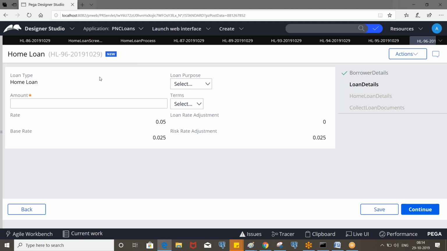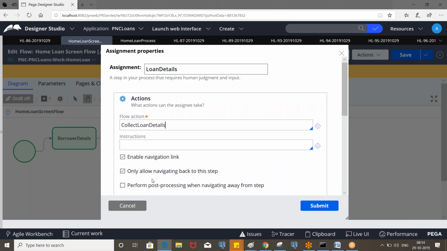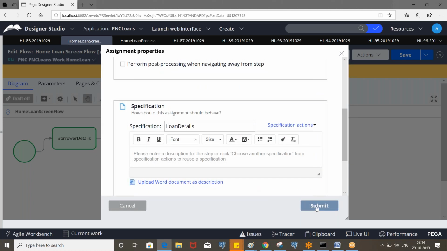By default you don't see these options. When you click on only allow navigating back to this step, you can only come back to the step but not move directly. And perform post processing: enable post processing or validation when navigating back from this assignment. So you can select this to execute the post processing rules.